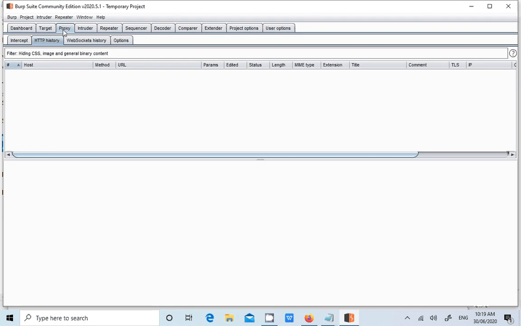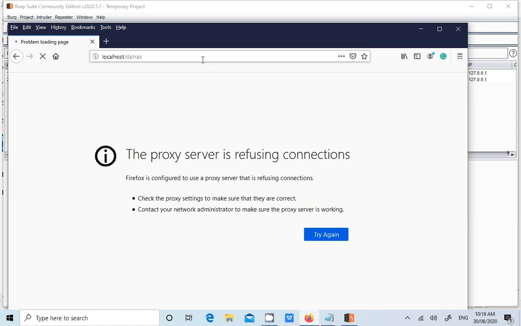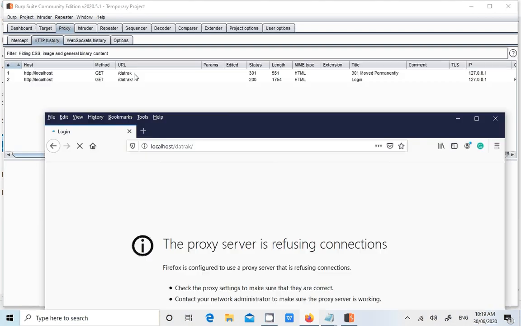Now go to the proxy history tab. Now if I try to open the website once again, I should be able to see the traffic now. Yes.